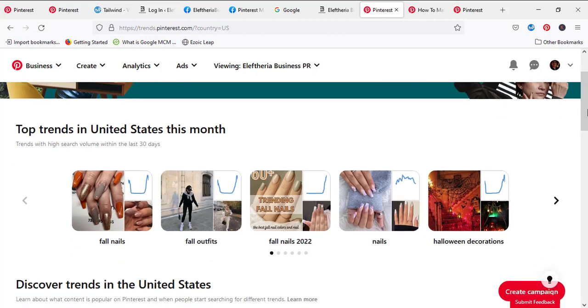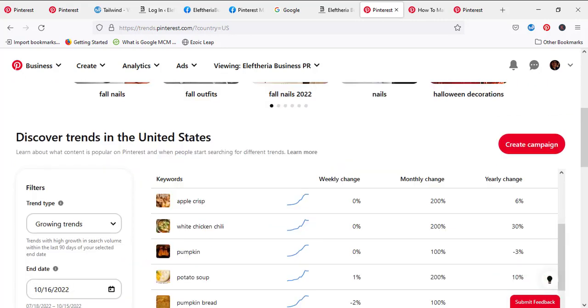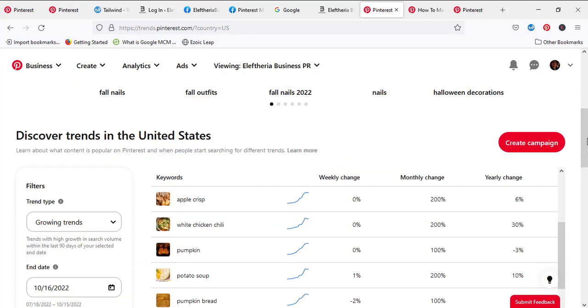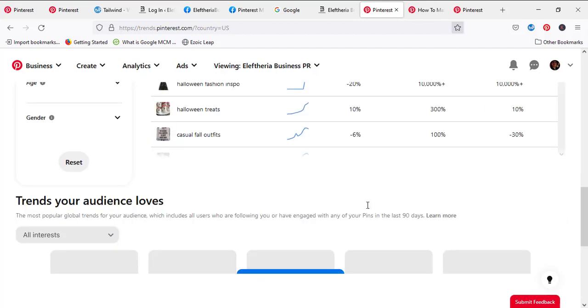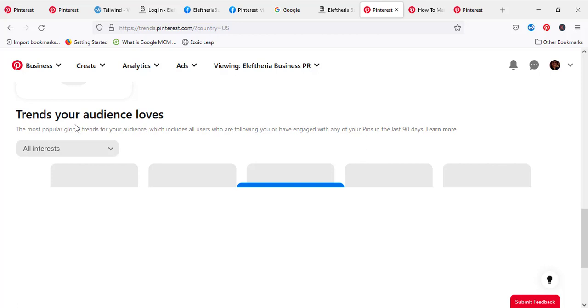So this is what is trending when you sign up on Pinterest Trends, but also you can check on the audience and what you love or what the interests are.